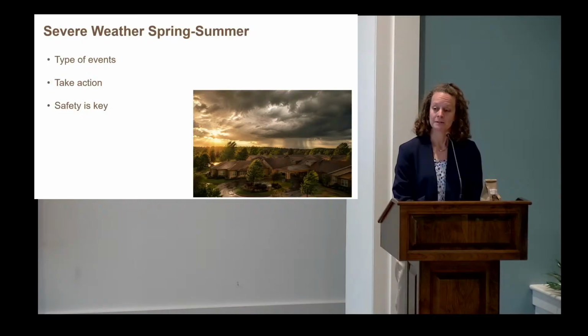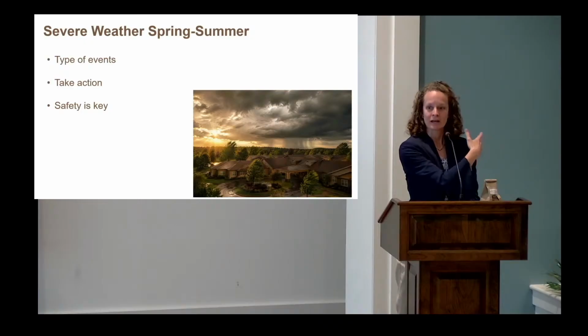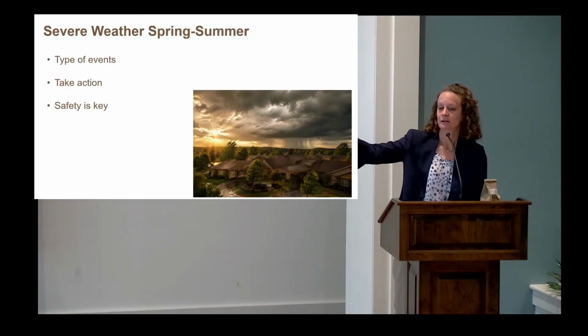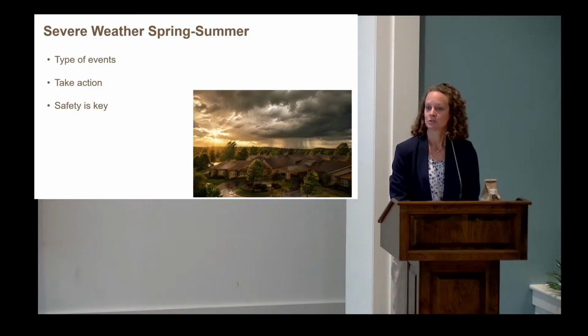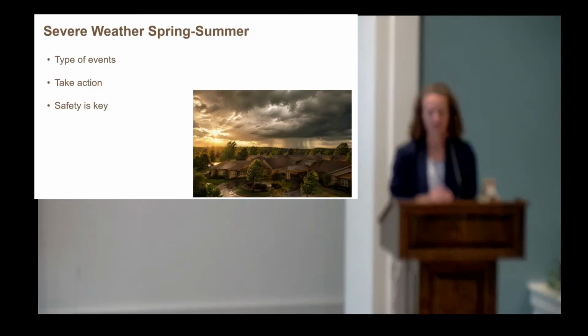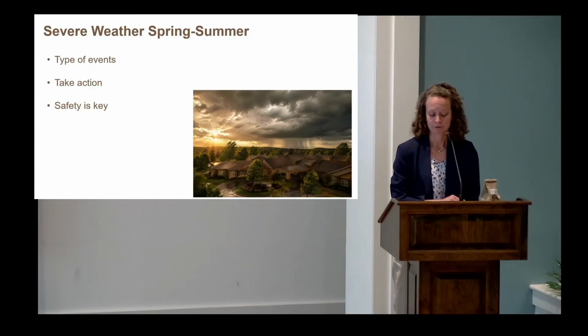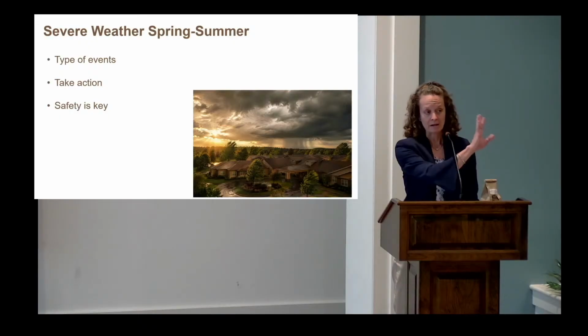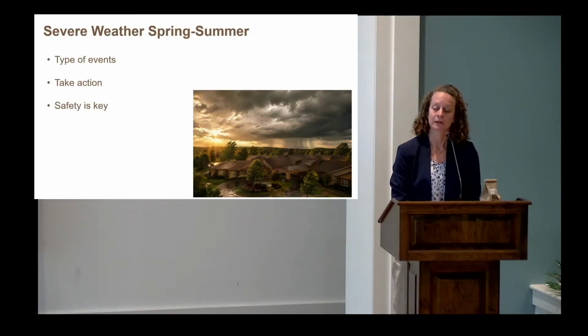For residential living residents, there are some different areas that we have identified throughout our building that they can report to that we would consider safer than others. An example: nobody should be hanging out in the Apple Orchard Cafe, where there's a lot of glass around. This is another area that we wouldn't consider a place to go and gather. So we think about the hallway near the sports lounge, the storage hallway near the fitness center, or the area in the back hallway beyond the reception area. Those are areas that are designated with interior walls and no windows. So those would be appropriate areas to direct our residential living residents to.